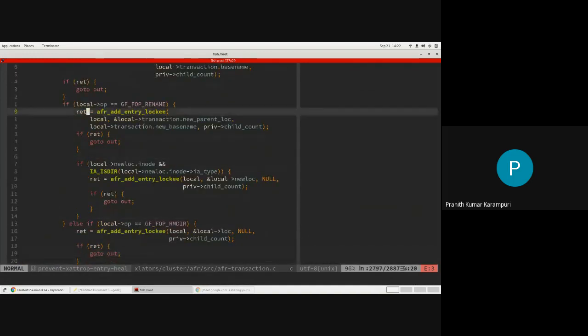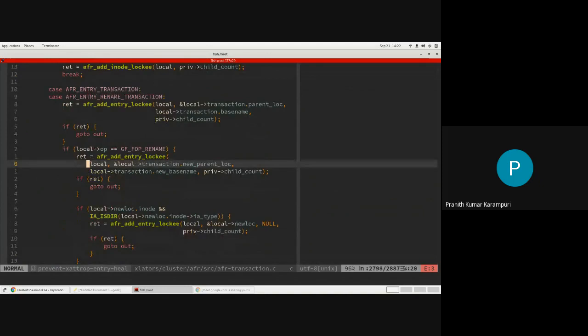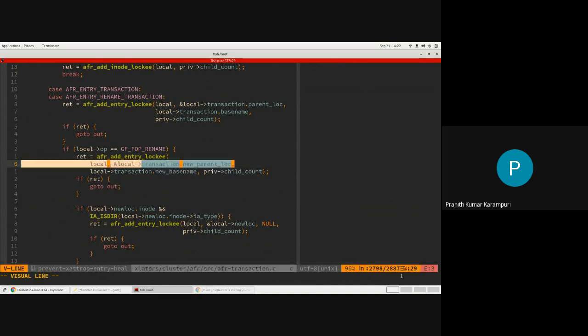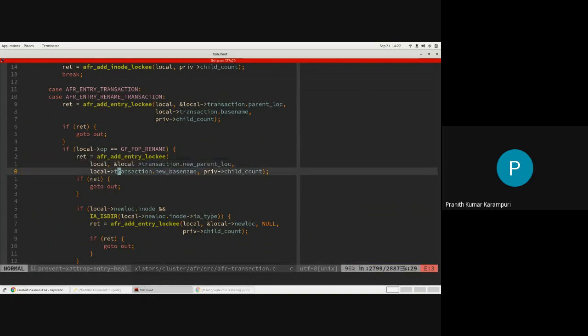In case of rename, we also need to add the new parent LOC, the destination parent LOC, and then the new base name.